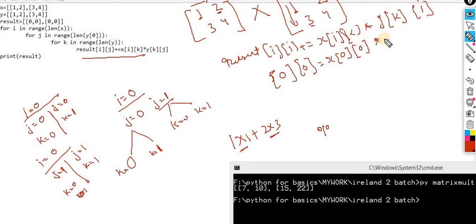So multiply by what? K is 0 and the I value is 0. So what parameter did I get? X of 0 0, you get this, 1. You can check it out: X of 0 0 and Y of 0 0, you get 1. That is multiplied, and I did the multiply operation and assigned it to the 0 0 position. So 0 0 becomes this one.